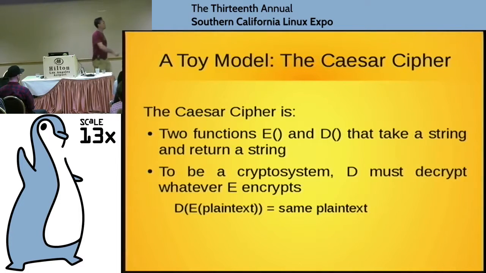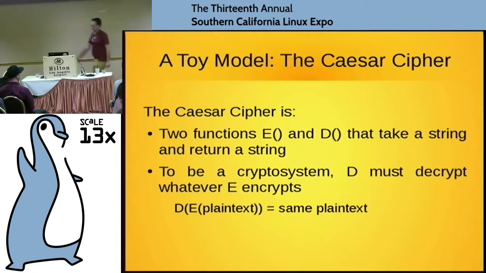So it turns out that we can do everything I'm going to need with one of the oldest and simplest of all ciphers. We're just going to do variations on the Caesar cipher. In somewhat modern language, this is 2 functions, E and D, for encrypt and decrypt. And these are just functions on strings. Functions are little machines: we put in a string, turn the crank, and out comes another string. Now, I'm not going to try to really define cryptosystems. That's way outside the scope of this talk. But it's pretty clear that whatever we mean by a cryptosystem, D has to decrypt whatever E encrypts. So that's what this basically means.